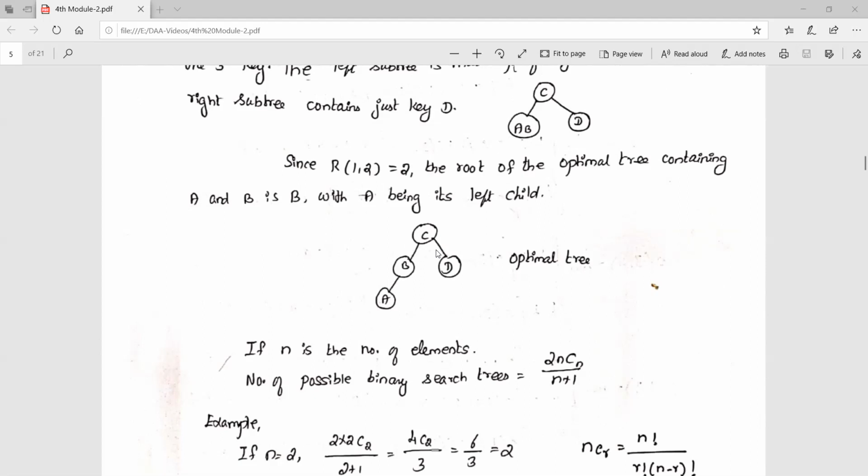Now you see that this is a binary search tree because C is here. The left part has A and B, the right part has D. If you consider B, the left part has A. This is a binary tree, where each and every node contains 0, 1, or a maximum of 2 nodes. Also this is a binary search tree because the left part is lesser than the root node and the right part is greater or equal to the root node. That applies to each and every node in the binary search tree. And this will be the optimal binary search tree because the average number of comparisons is 1.7.